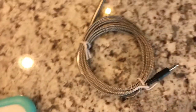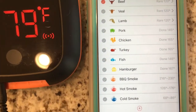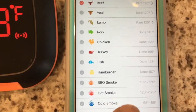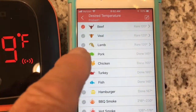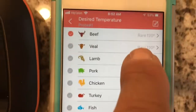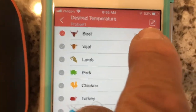And you can go to all these presets here, showing beef, veal, lamb, pork, chicken, turkey, fish, hamburger, barbecue smoke, hot smoke, cold smoke. And over here on the right, there's temperatures in there. You can change all those temperatures if you like. Like beef, here's rare, 120. Let's just say you want to change that. So go up here and click on this little box up here on the right,